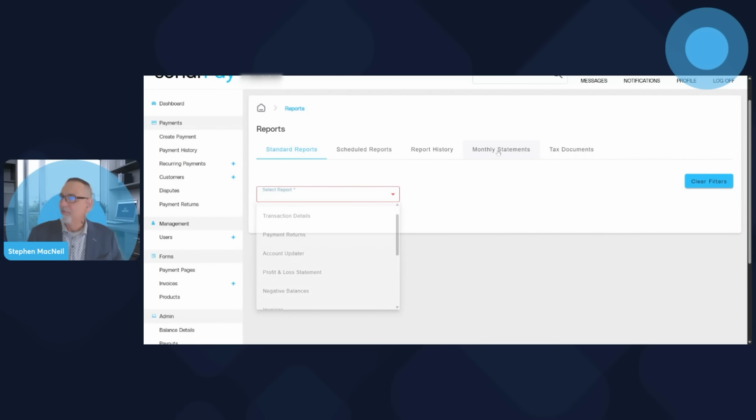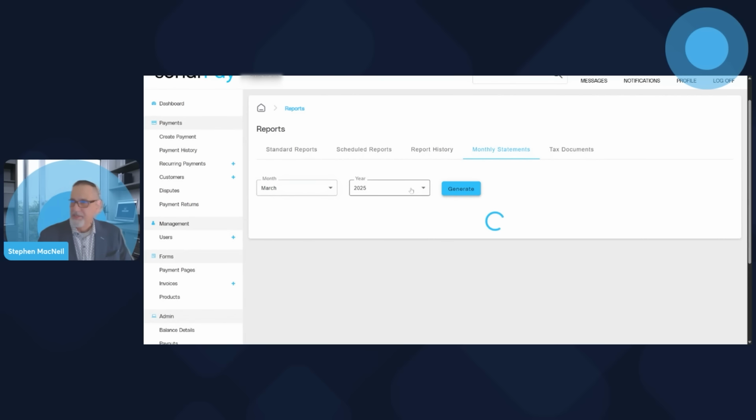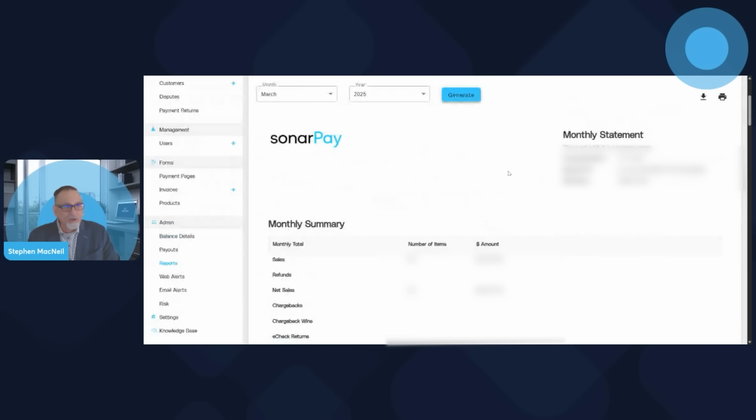So under the sonarPay monthly statements, you have access to every monthly statement for every year that you've been processing through sonarPay. And it's as easy as generating that report whenever you want. It's always available to you. And there you go. You can see these are monthly statements that you're probably used to getting with your other processors.